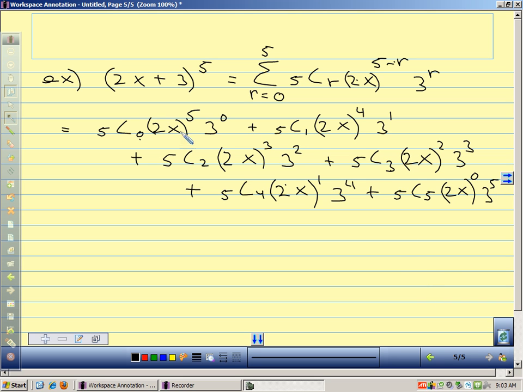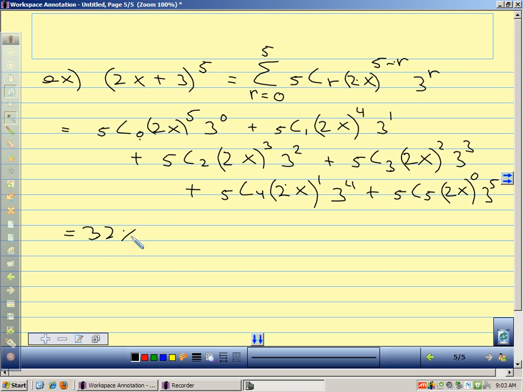And I can calculate all of these out. We know how to calculate these: 5c0, 5c1, 5c2. We do 2x to the 5th power. So we're going to raise 2 to the 5th and multiply it by this number, 2 to the 4th, multiply it by this number, 2 to the 3rd, multiply it by this number. So when we calculate this all out, I'm not going to go through all the calculations, we get 32